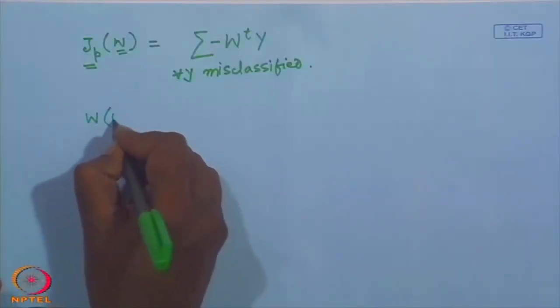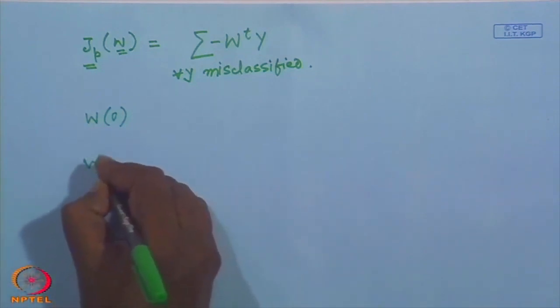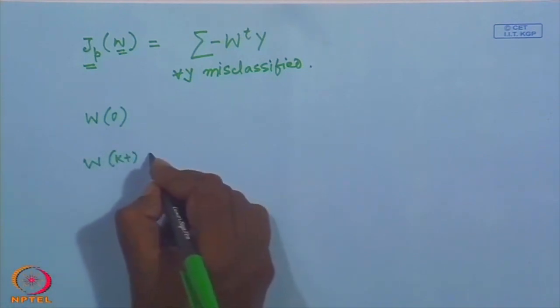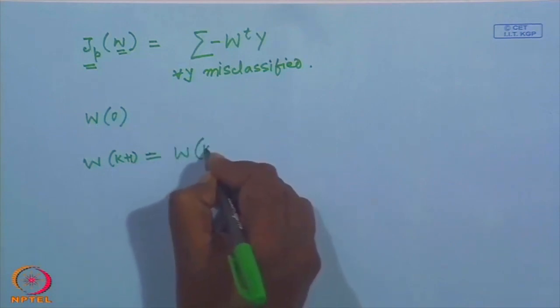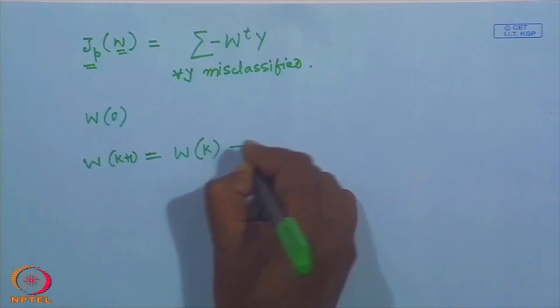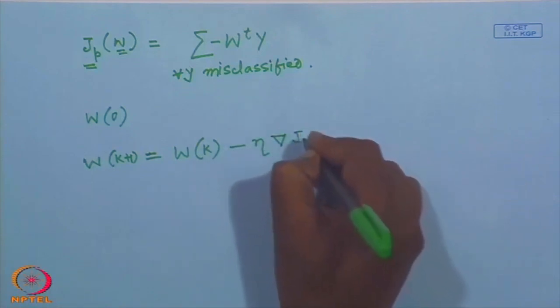So, initially you assume a weight vector W naught, and then in every iterative step you set W(k+1) in the kth iteration, which comes from W(k), that is your weight vector at the previous iteration, and we are following gradient descent approach. So, it will be minus eta times grad of Jp(W),